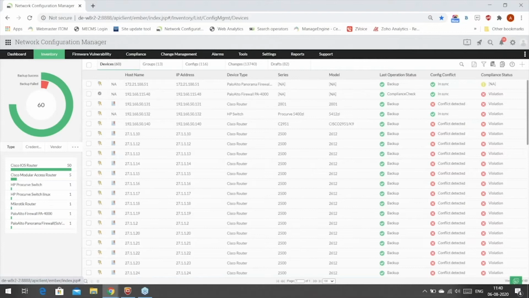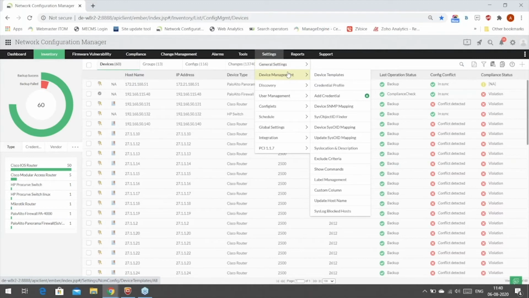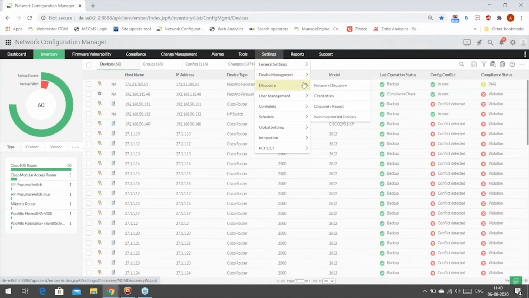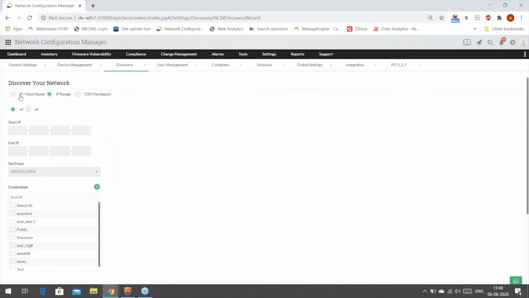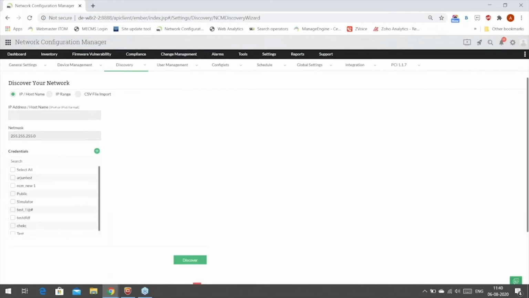Which is the inventory of the network configuration manager solution. So to discover a new device using the SNMP discovery, all you have to do is go to settings, go to discovery, go to network discovery. Here, if you want to discover a single device, all you have to do is click on the IP address host name here, give the IP address, associate a credential here, and then click on discover, and NCM will discover this particular device